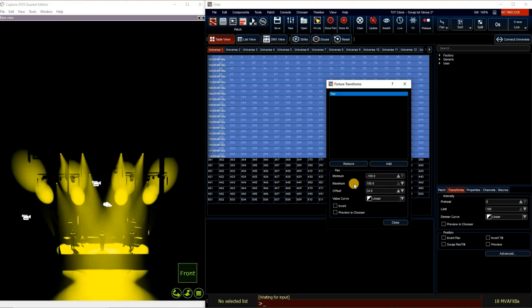So now I've got the pan offset at 34, but they are fanning in. So what this tells me is not only do I have to offset them to get the pan in the correct position, I also have to invert them, because if they're fanning in when they should be fanning out, that means that this set of fixtures is actually inverted, either in the fixtures themselves or the way they're hung on the truss. So I'm going to click invert,